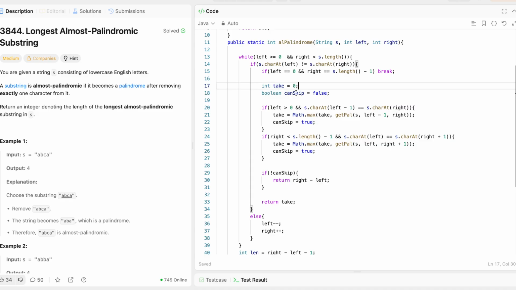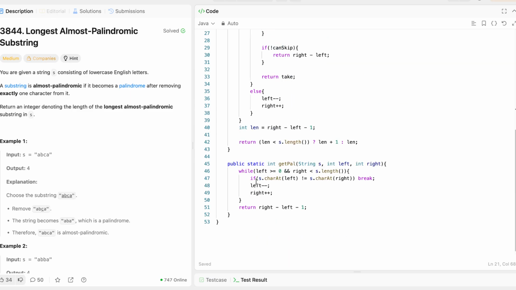Second case, we are going to take an element to find out the maximum in both the cases, dropping left and dropping right. Here we are dropping the right one, here we are dropping the left one. And this is again a palindromic function where we get the palindrome. It will work until the left and right are moving. Once they are not equal, it will just return right minus left minus 1,